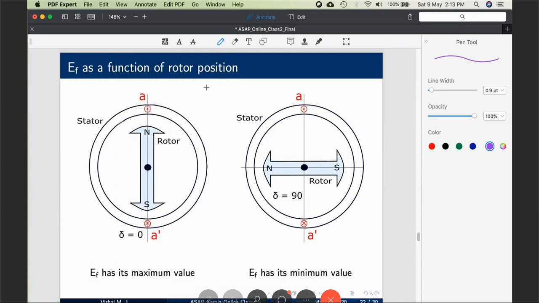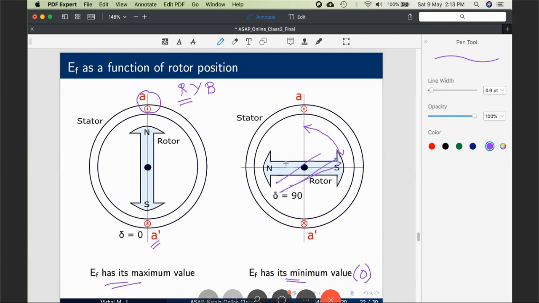Consider phase A. I am showing only, suppose it is R by B. I am considering only phase R, red color phase A star. Let it be ABC. The phase voltage EF has its maximum value when the rotor is like this, vertical with north pole upwards. EF has its minimum value, minimum in a sense 0, it's not minus EF, 0 value when it is horizontal like this. Okay, it means between this value and this angle, it traces a sine wave, from 0 to 90 degree. So thus, if the rotor position is like this, it will have some value in between these two values.